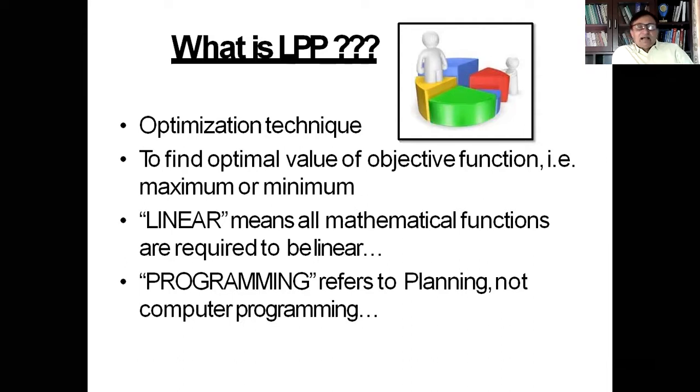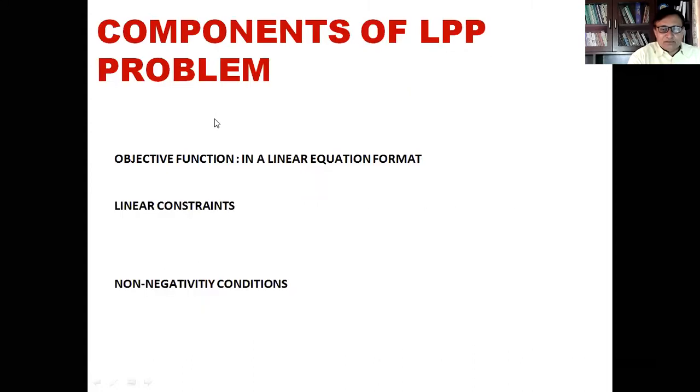Basically, as I have already told you, programming here means management of decision variables which are linear to each other in such a way that you can achieve your objective, and that objective may be to minimize something or to maximize something. That will depend upon the circumstances of each case. So this is something about linear programming.